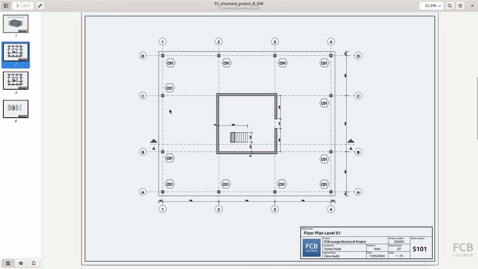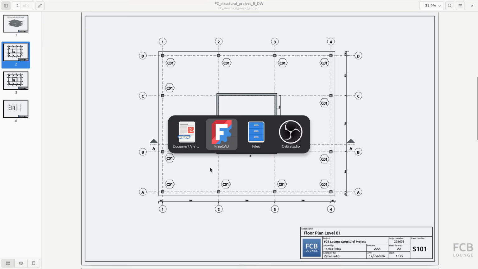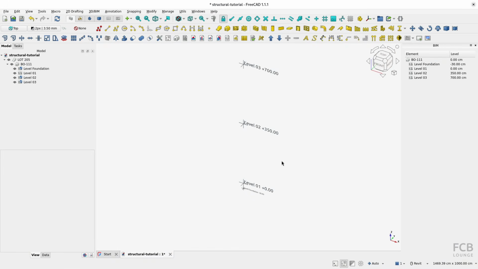And based on this grid, we will then be placing our columns and other structural objects. So let's create this grid. Let's jump back into FreeCAD. And to create the grid, we will use this arch axis object. So I will click this button, and it creates the basic